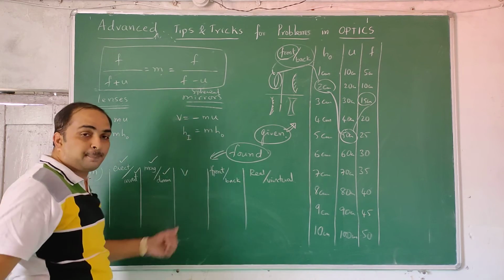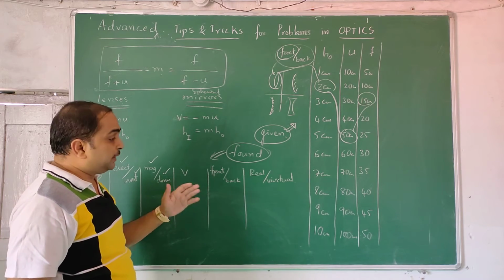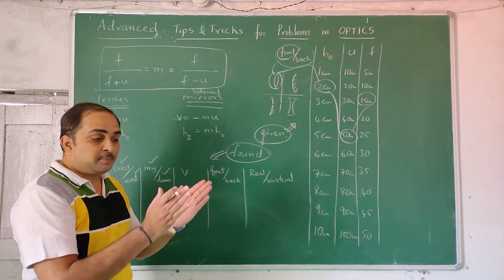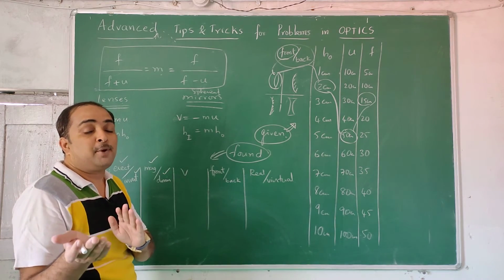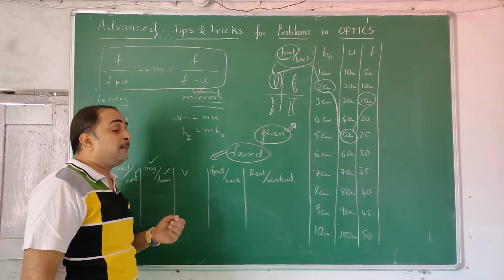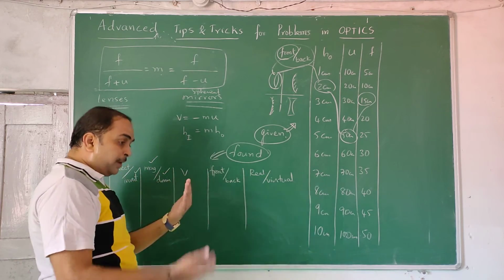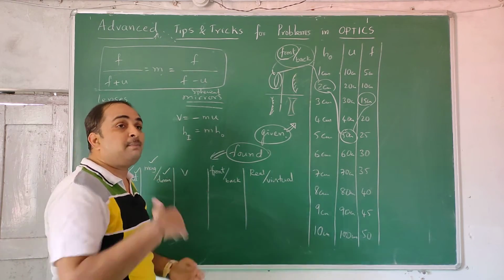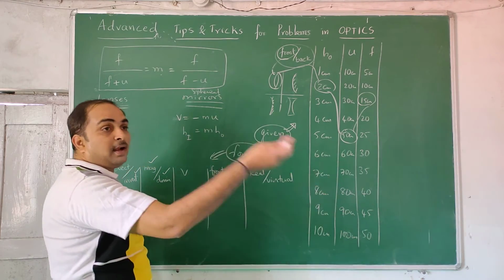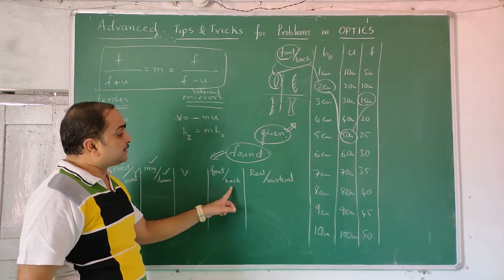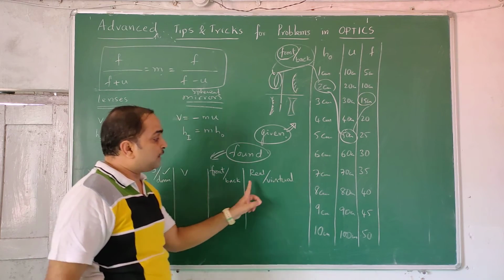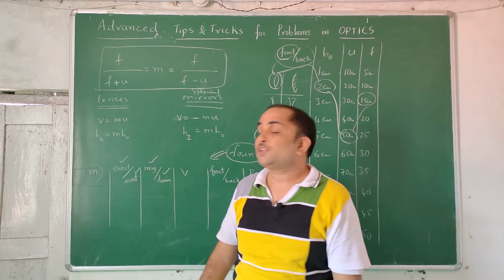Once you find v, that v will tell you whether it is the left side of the lens or right side of the lens, whether it is between f and 2f, beyond 2f, or within f. All these things this will tell. Based on that, for mirrors, the front side itself is real and the back side is virtual. For lenses, the other side where rays go is real and the back side is virtual. That you can decide, real and virtual. Front and back you will decide, and based on front and back you will decide whether it is real or virtual.